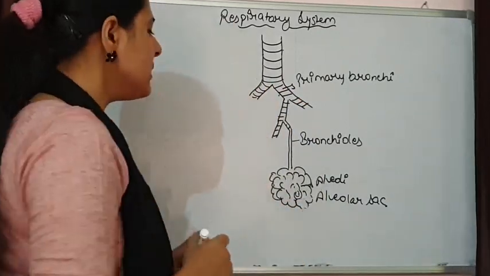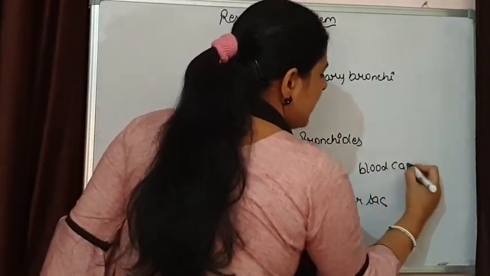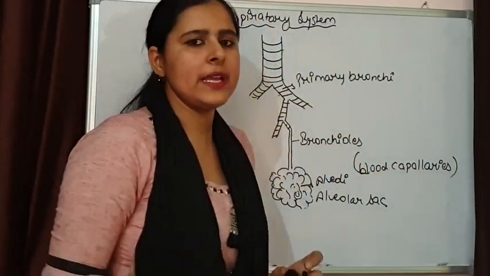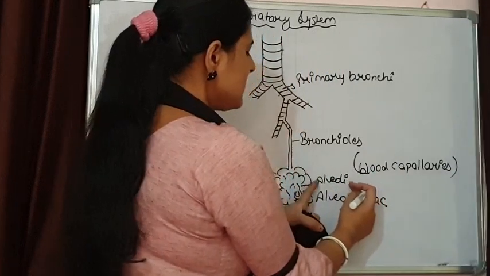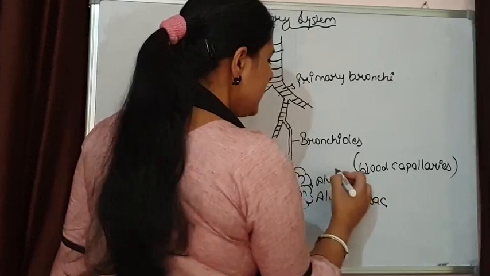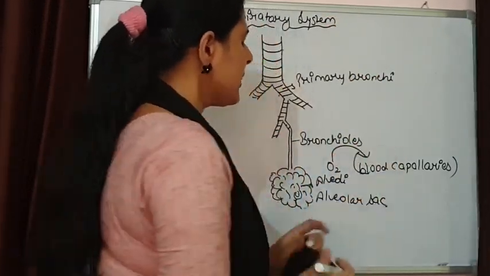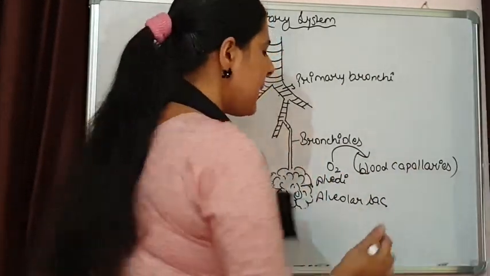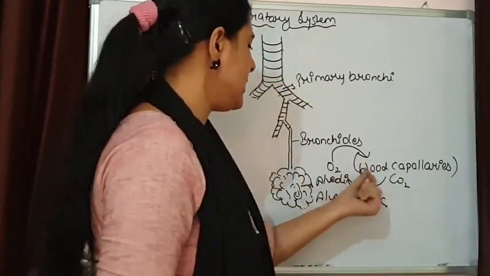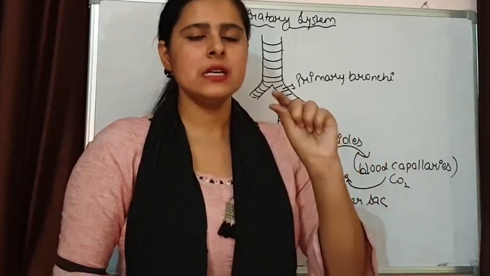Now an important thing with alveoli is that they are surrounded by various blood capillaries, and with the help of these blood capillaries, exchange of gases takes place between alveoli and blood capillaries. They get oxygen when we are inhaling. This oxygen is transported to blood capillaries. The blood capillaries carry carbon dioxide and finally exchange it with the alveoli. So each alveolus functions as a single lung.